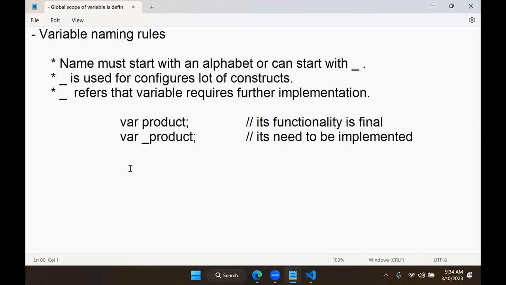That situation I will show you later, because for that we need to learn inheritance and a lot of other OOP concepts. Then you can understand that situation. So when you are declaring a variable, first make sure the variable name starts with an alphabet. It can start with an underscore, but underscore is not recommended every time. It is recommended only when you declare variables that require further